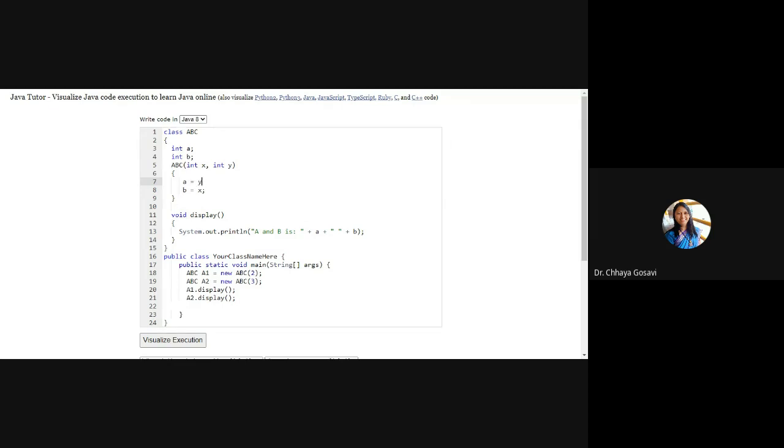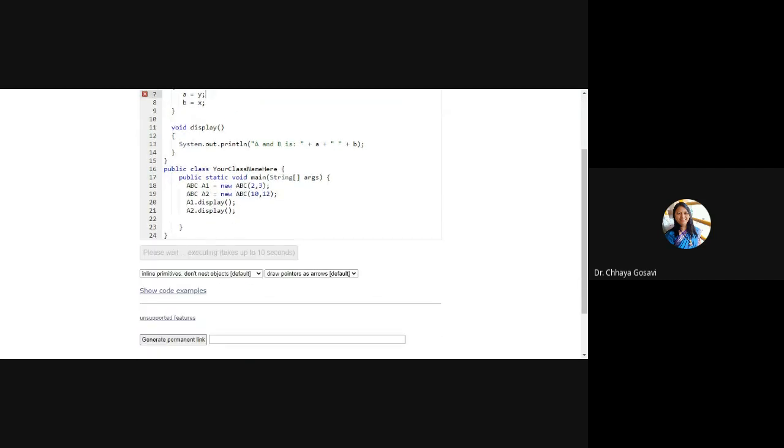I have one class ABC with two variables A and B, a constructor which will initialize these variables, and a display method which will display the values of A and B. And in another class, main, I have created two objects A1 and A2 of class ABC and pass some values. Here I'll pass 2, 3, and here I'll pass 10, 12, any values, and this is the display function. It is like any other class, and these are class variables. Okay, semicolon is missing.